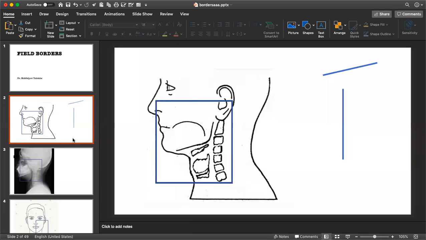So for your floor of mouth and your retromolar trigon, again, it would be the same as how you would treat your buccal mucosa. It wouldn't vary much when you are treating your retromolar trigon. However, instead of treating your entire lip, in some cases you may limit your anterior border by pulling it back. For RMT, the angle of mouth is the anterior border.